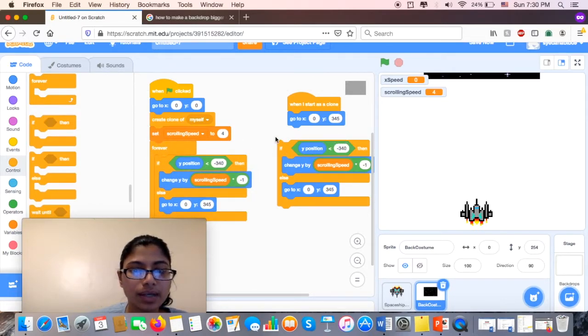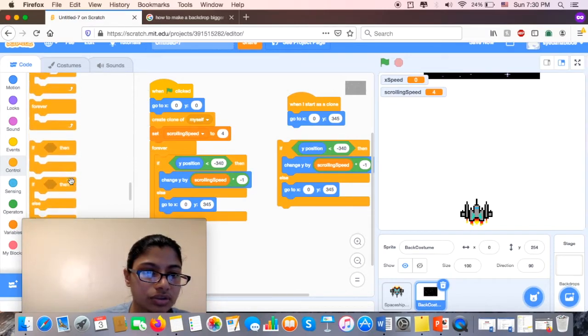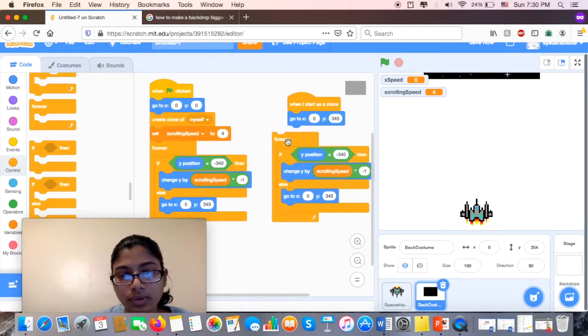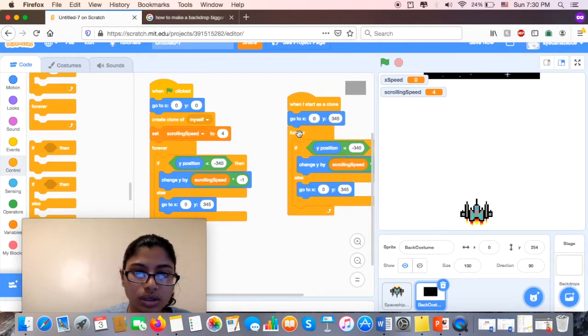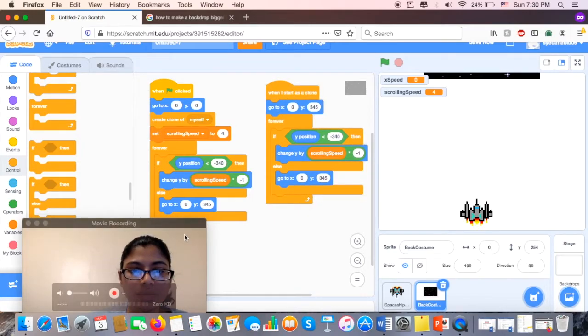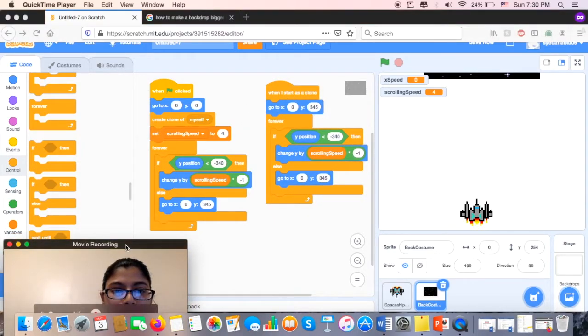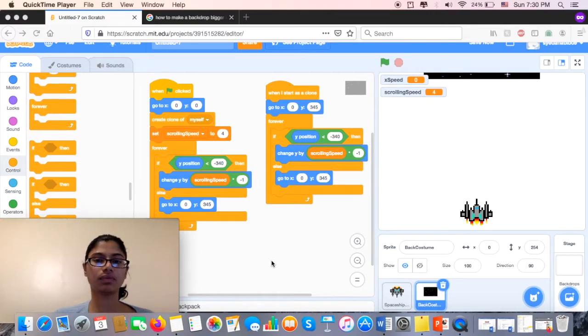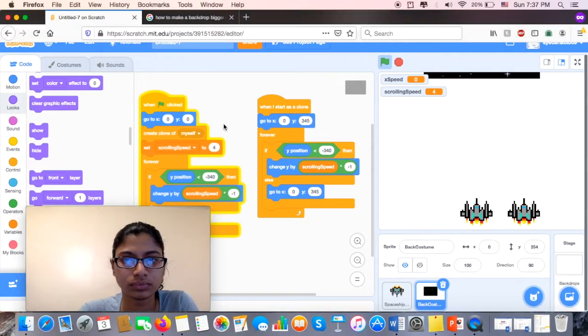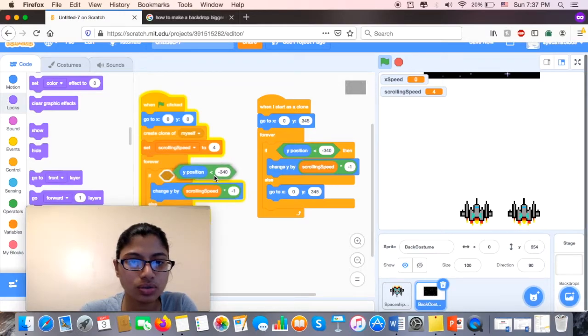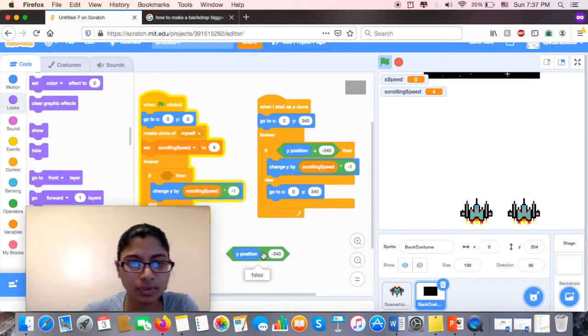So now because I've copied it, I also need this to go on forever. So let's make sure I have that control in there. And so this is what your code should look like right now. Right? So this is everything that it should look like right now. So here you'll notice that this is not what I want it to look like. So actually here I put Y position is less than. I'm going to change that to greater than. Let's see if we can